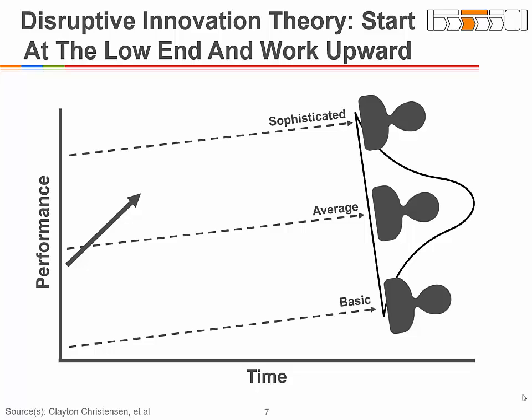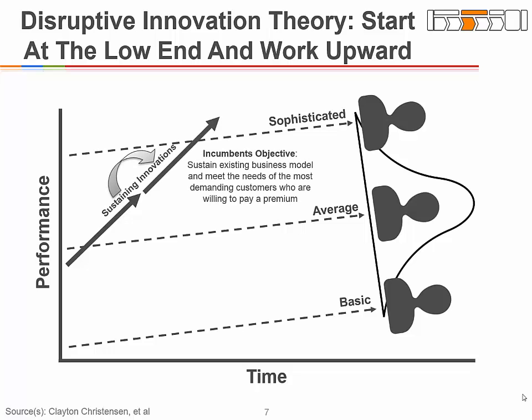He said disruptive innovations start at the low end and work their way upward. And you might say, well, why would that work? Well, if you look at this distribution of customers and how their needs evolve over time, you can see that this arrow represents a specific product. And typically, a large company will come out with improvements on that specific product. These are called sustaining innovations. It's what Clayton Christensen calls sustaining innovations. And